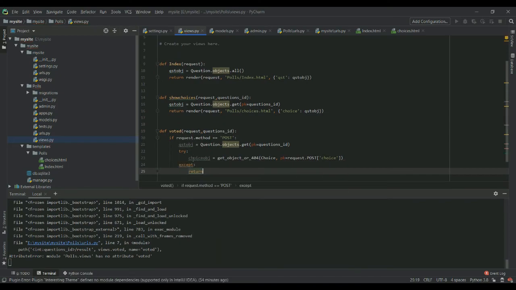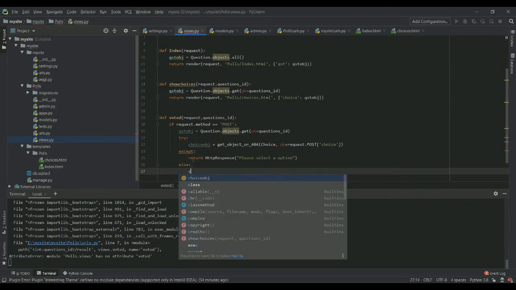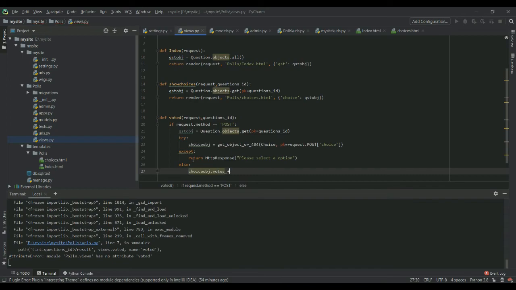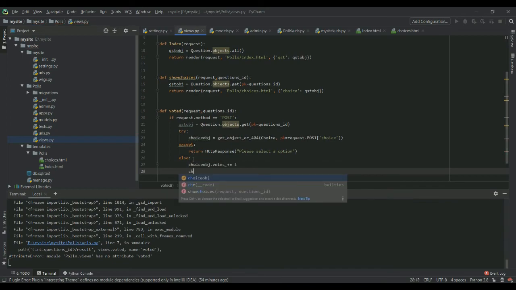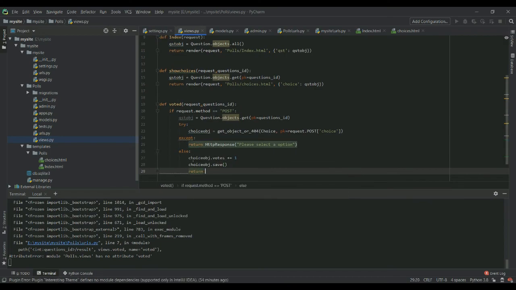Then writing the code. And here I am writing the return codes for the response. Again return the render. After return the render,